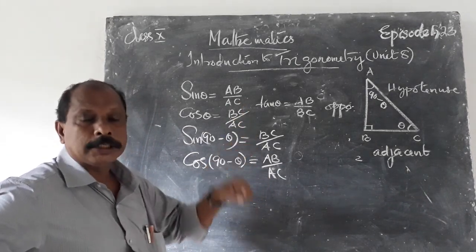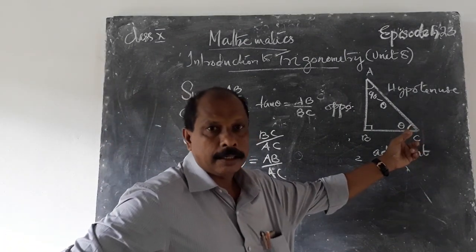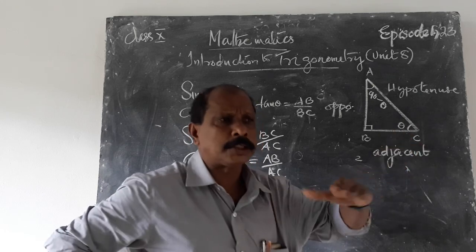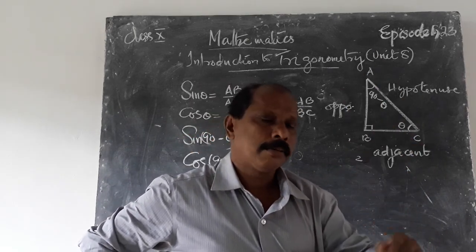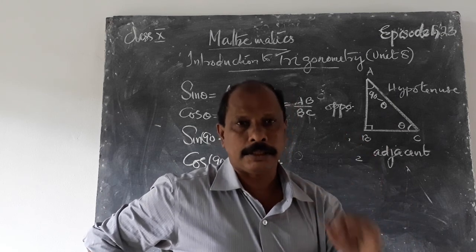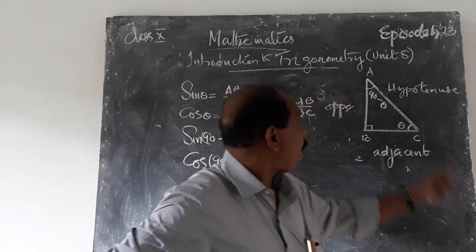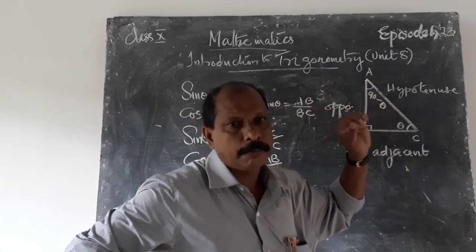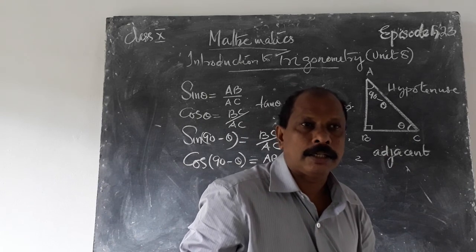In triangle ABC, right angle at B, let us assume that the angle at C is theta. In your textbook, that angle is replaced by A, angle A, and the angle at A in the textbook is A itself. But the common angle is theta, therefore we consider the angle at C to be theta.